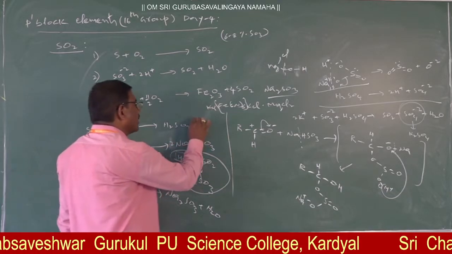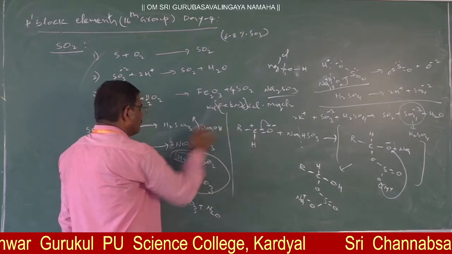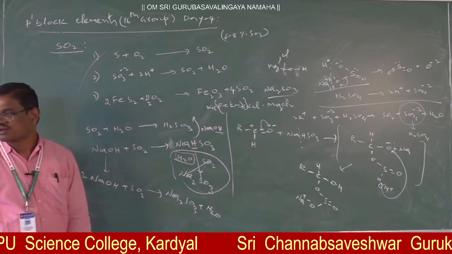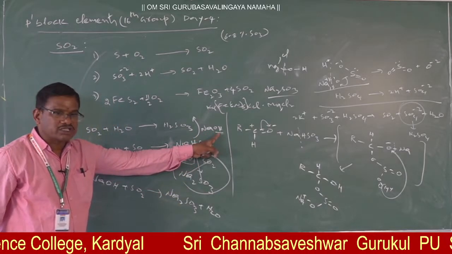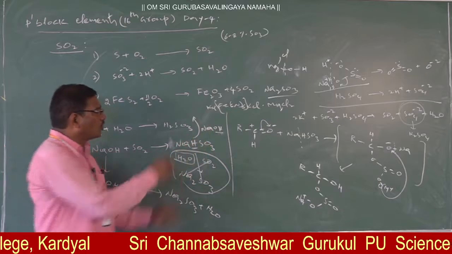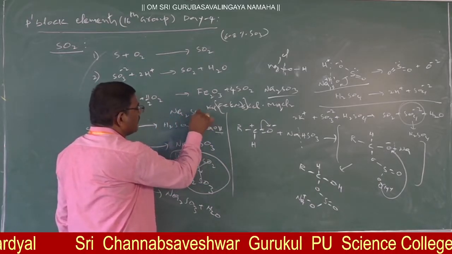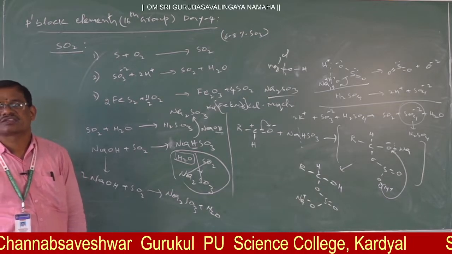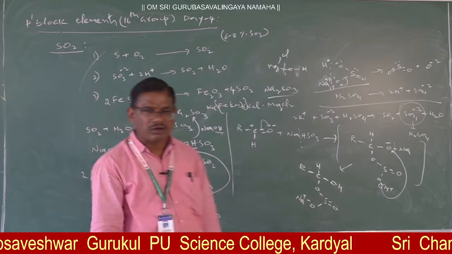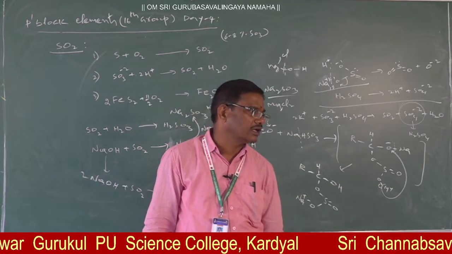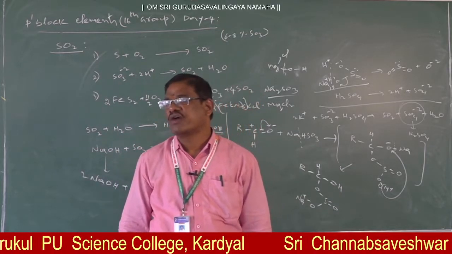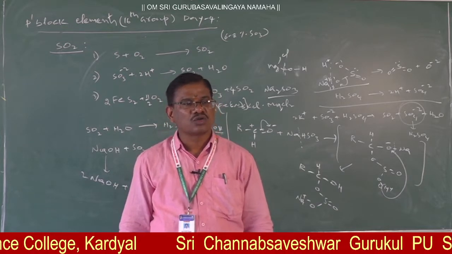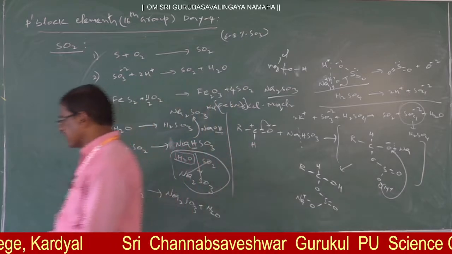Sodium hydroxide 2 moles, on which sulfur dioxide we should not add. What we have to add is NaOH. Whenever we add NaOH, this OH minus goes with H plus as water. This H plus and OH minus as water is eliminated, giving Na2SO3. In that way, sulfur dioxide as an acid reacts with bases like sodium hydroxide, calcium hydroxide, magnesium hydroxide to give their respective sulfite salts. Clear, no? Acid reacts with the base to give salt and water in that way.